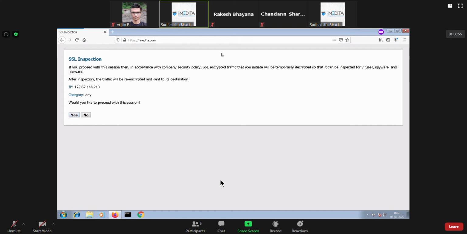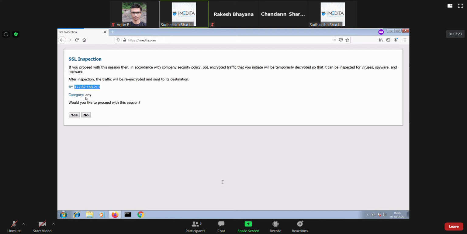Now, see, there is no way for the user to opt out of having content decrypted. The user cannot say no, I don't want decryption, and then they won't do decryption. It's not like that. No means you are not proceeding with the website. What does Yes mean? Category is showing any, because it's just taking based on the IP address, that's why it's showing category as any.